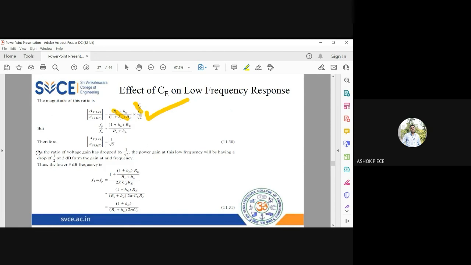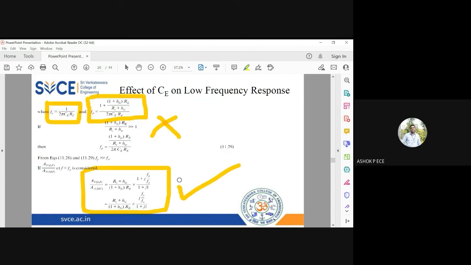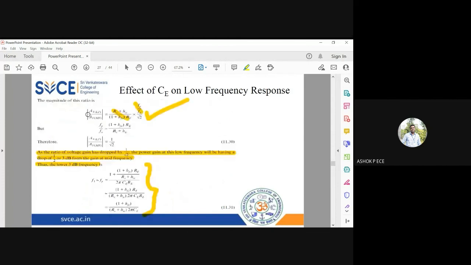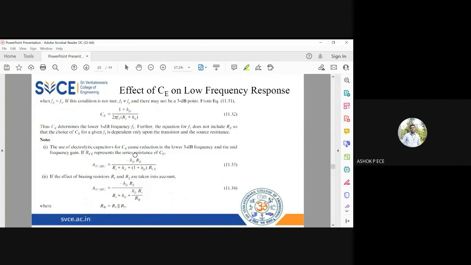So at this ratio, the voltage gain is dropped by the fraction of 1 by root 2, so it is called the 3 dB frequency. So the 3 dB frequency is given by this expression. It is equivalent to fp. Whatever we assume two frequencies f naught and fp for simplification, the 3 dB frequency is given by fp. So when fp equal to f naught, this condition